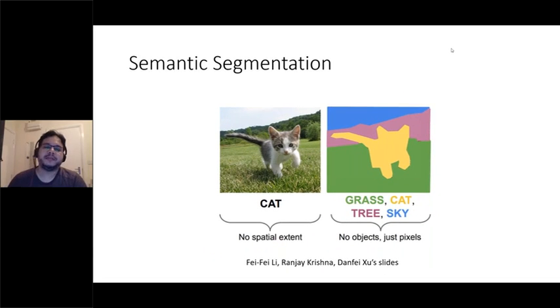So semantic segmentation. In the first image, it's just a categorization. We determined what is in this image. It's one single label. This is what we used to do so far: determine what we have here.